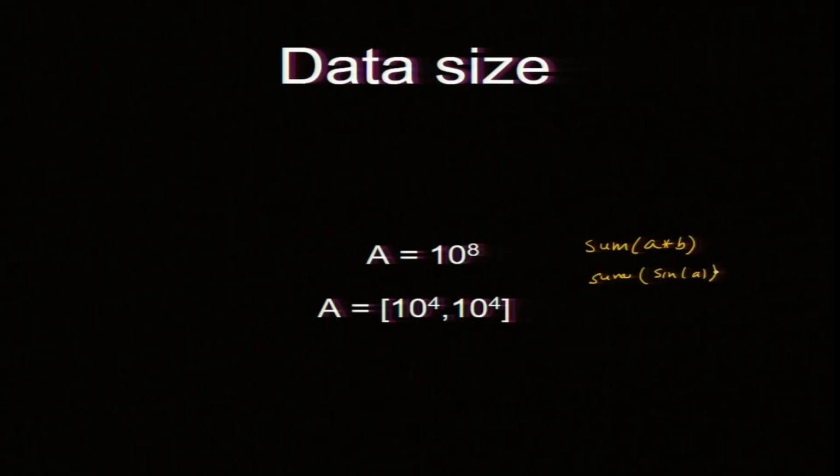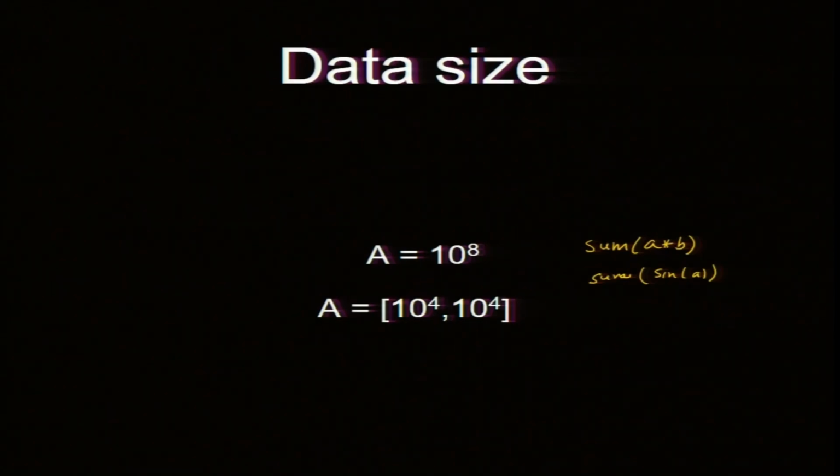One more thing I am going to do is the sum of sine of A. I take array A, I compute sine of every element of A. So, there will be another array, and I sum all the numbers. I chose sum now in the revised code because I want to get the same number. Once you generate the numbers, your sum should be the same. So, it is a double check.